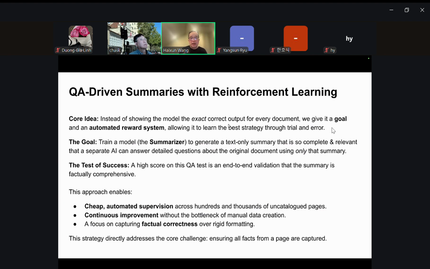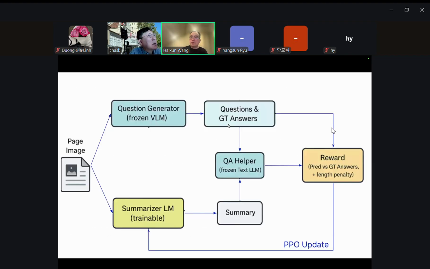The test of success is a high score on this QA set, an end-to-end validation of the summary. If you get a high score on this QA set, that means you have a better summary, and this will be used as a reward function for this summarizer.